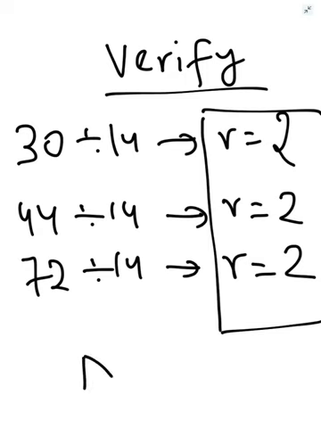But the value of the remainder is not important. What is important is the same remainder. This is just for verification. Already we have got the answer as 14. This is just to verify that it is leaving the same remainder 2 in each case when dividing 30, 44 or 72. So now I hope it is clear to you how